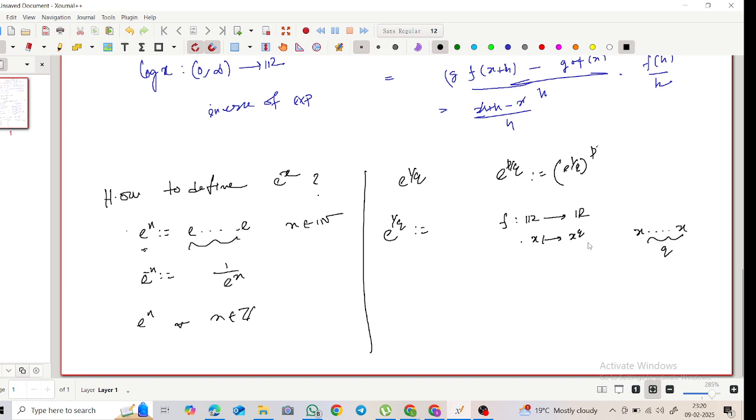And x to the power q is the product of q identity functions, which are all continuous. So f is continuous, and f of 0 is 0, and the limit as x tends to infinity is infinity. X to the power q goes to infinity as x tends to infinity. So by the intermediate value property,